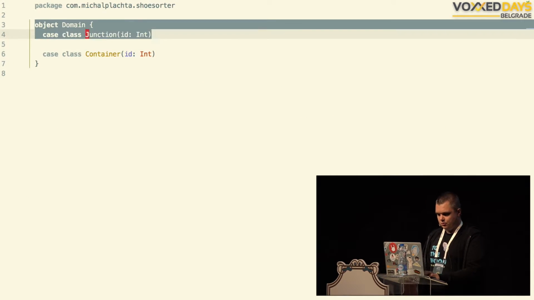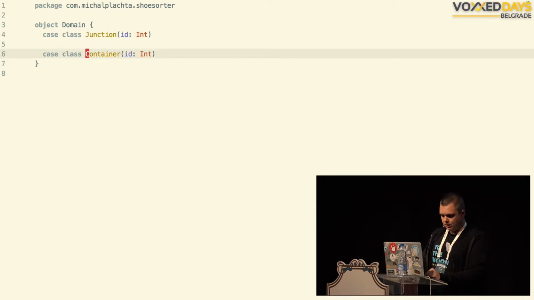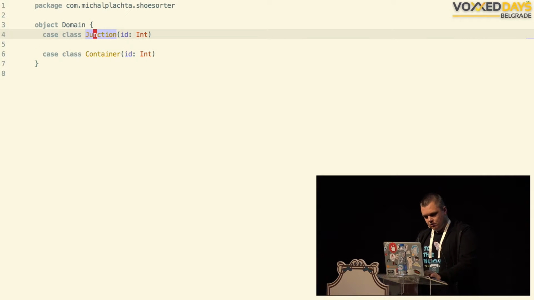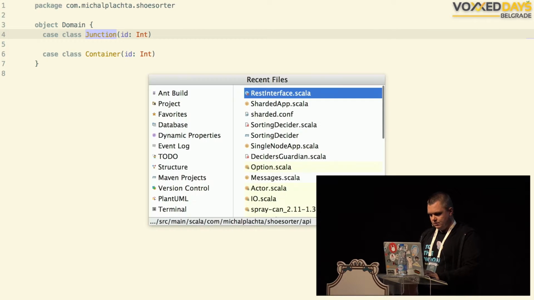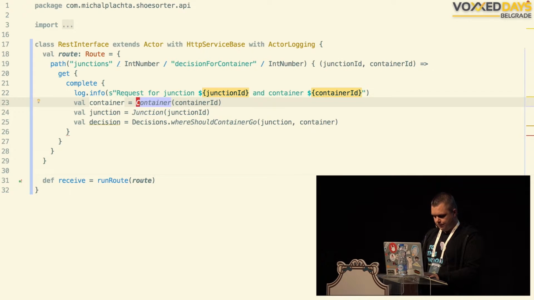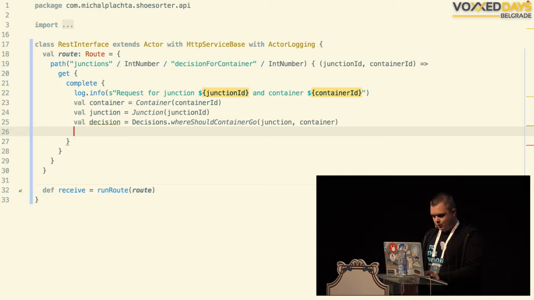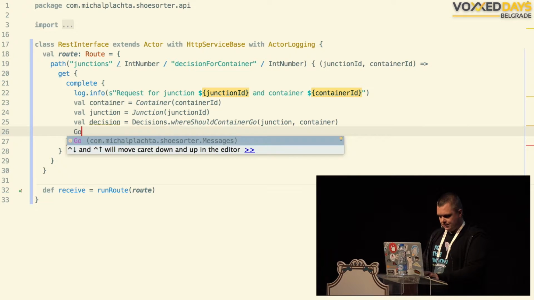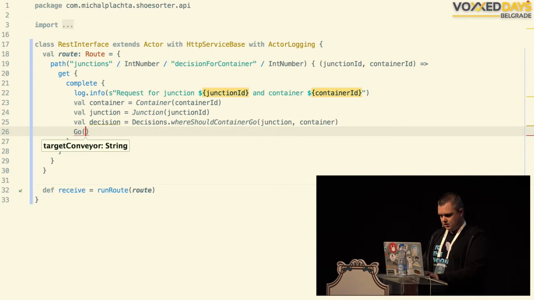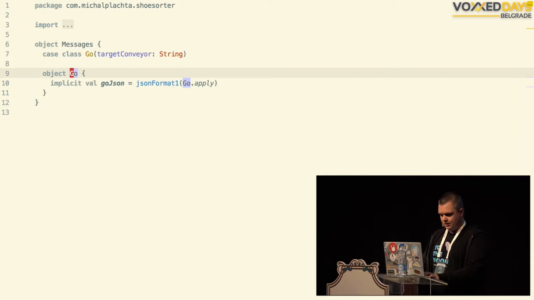So this is our two domain objects, case classes, as I showed you before, and those are just IDs for now. We don't need anything more for this demonstration. And what we do next is we just return the result from our web service. And the result is Go. It's another case class. What it takes, it's just takes the decision. So it's implemented like that.